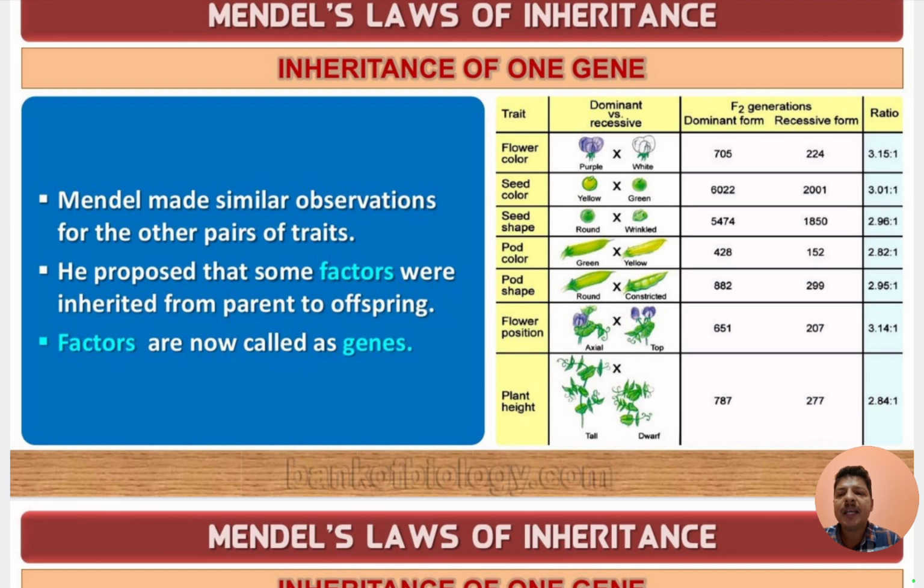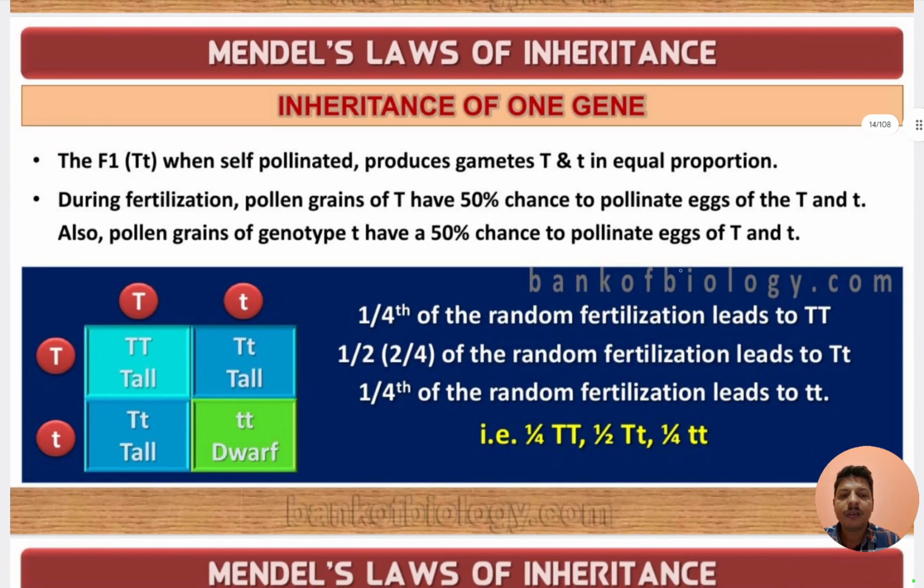So he proposed that some factors, now called genes, were inherited from parents to the offspring. So what Mendel concluded, you can see the F1 result, capital T and small t, heterozygous tall, when self-pollinated, produces two types of gametes, capital T and small t, in equal proportion. And during fertilization, pollen grains of capital T have a 50% chance to pollinate an egg of capital